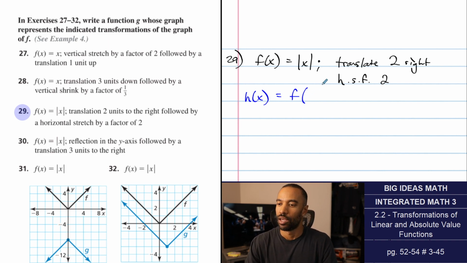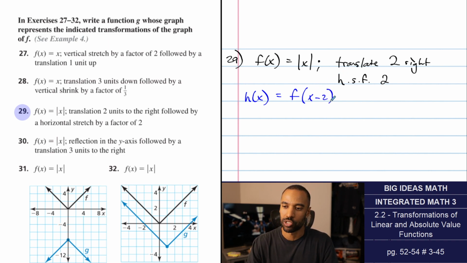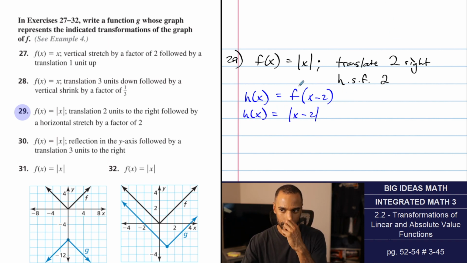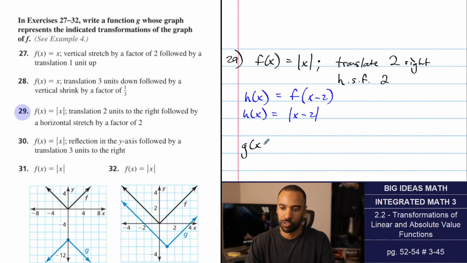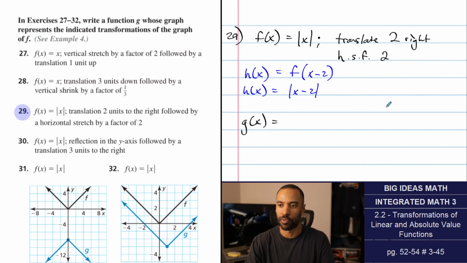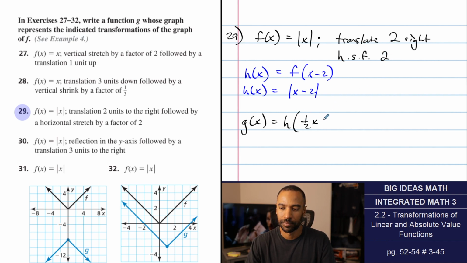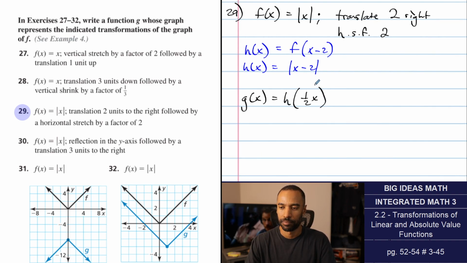Anyway, 2 to the right will be an x minus 2. So this is going to be looking like absolute value of x minus 2. But your g of x means we still have to do the horizontal stretch factor of 2. Now, two things have to be in mind. First of all, it's going to be inside of your function. Second of all, stretch factor 2 means this needs to be a 1/2. Okay? So 1/2 of